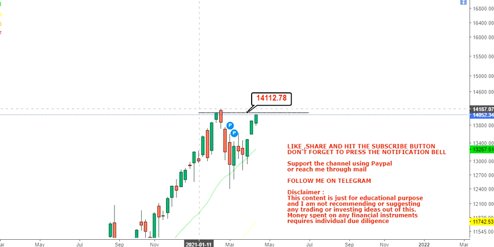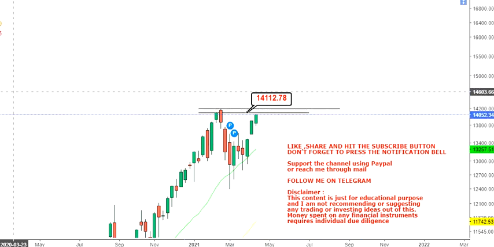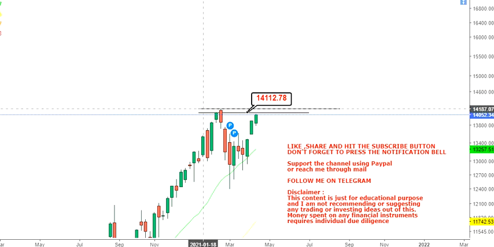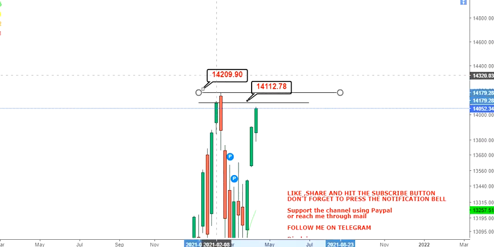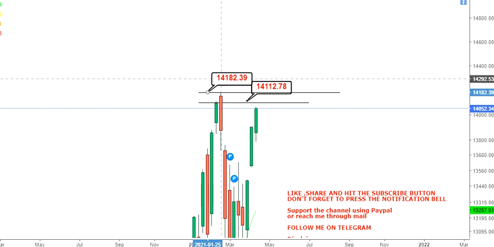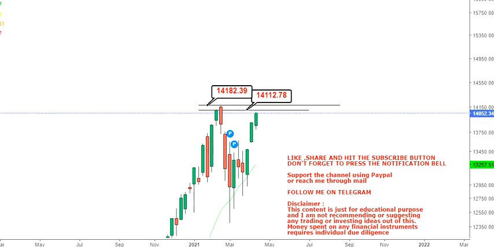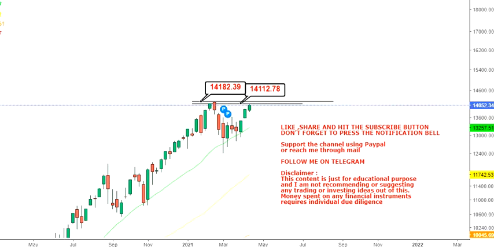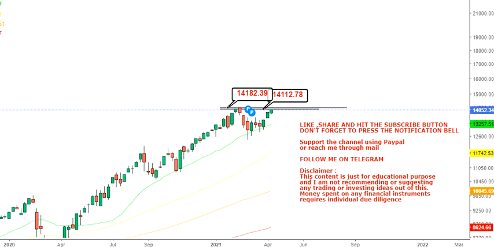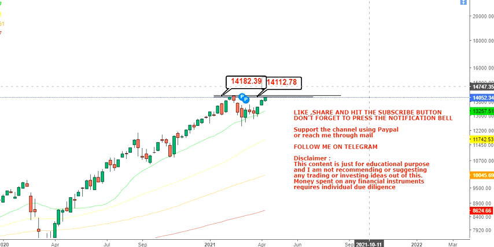Or if you are applying the candlestick chart, then obviously you need to wait for 14,182, or let's say 14,200. So once the index makes its move above 14,200, the first thing that we are going to notice here is the stocks which started running from last September or October 2020 till January and February 2021,